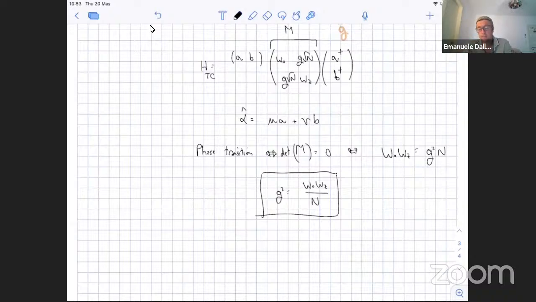Now, I would like to discuss the experimental realization of this phase transition, of this quantum phase transition. And so actually, the first important contribution towards the experimental realization was something called the No-go Theorem. The No-go Theorem basically states that,